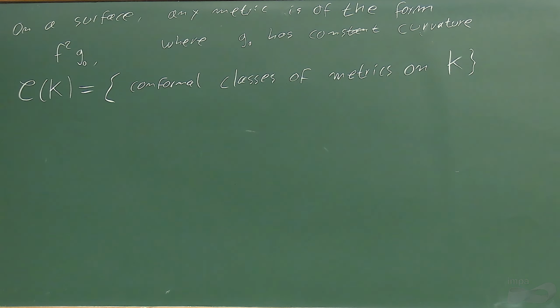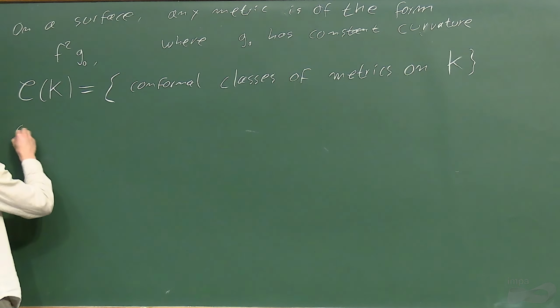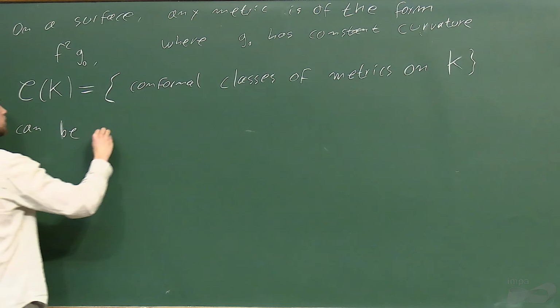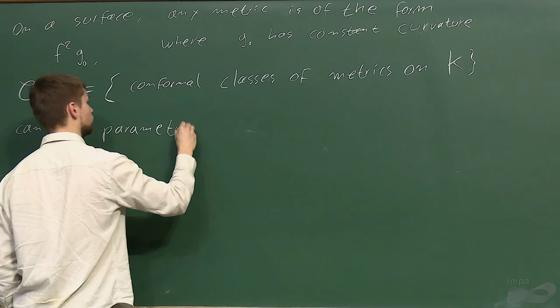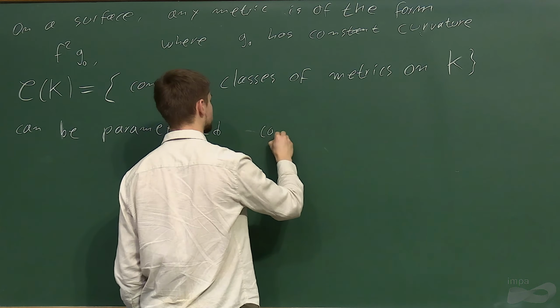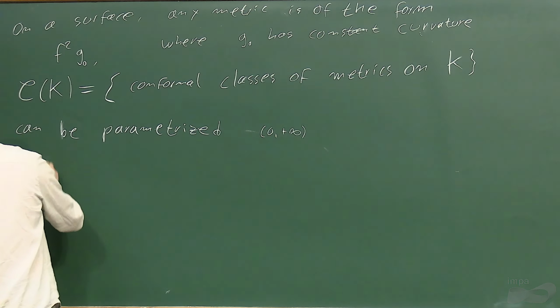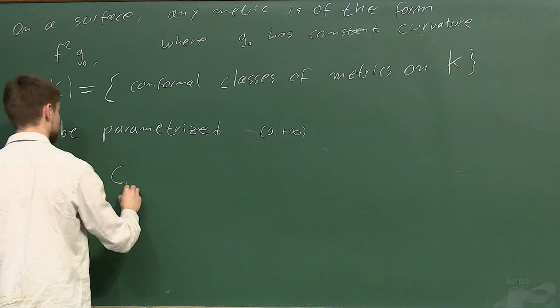And of course, on the Klein bottle, constant curvature can only be achieved by flat metrics. And one can actually show that this space can be parameterized by the interval 0 to infinity, so by positive numbers,